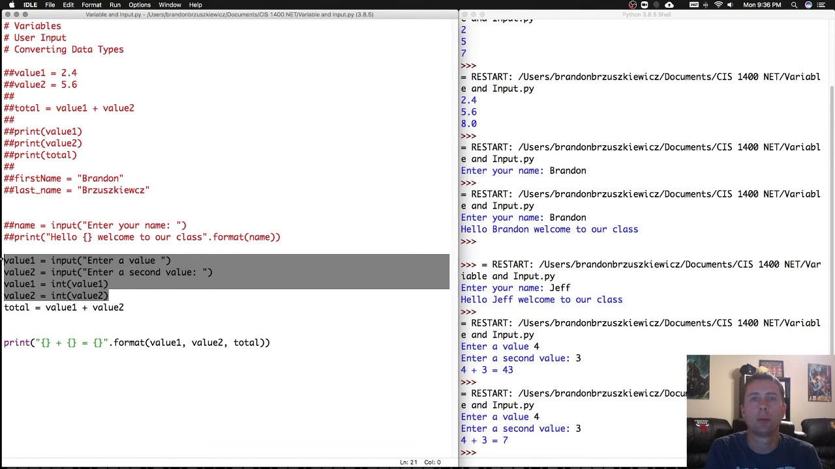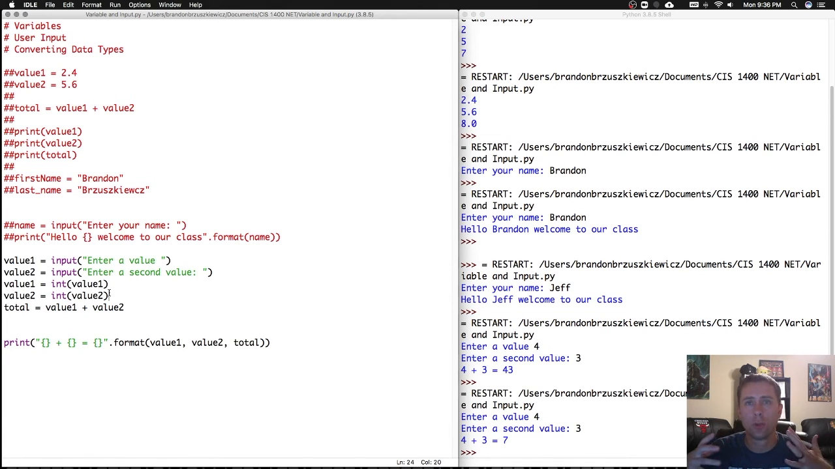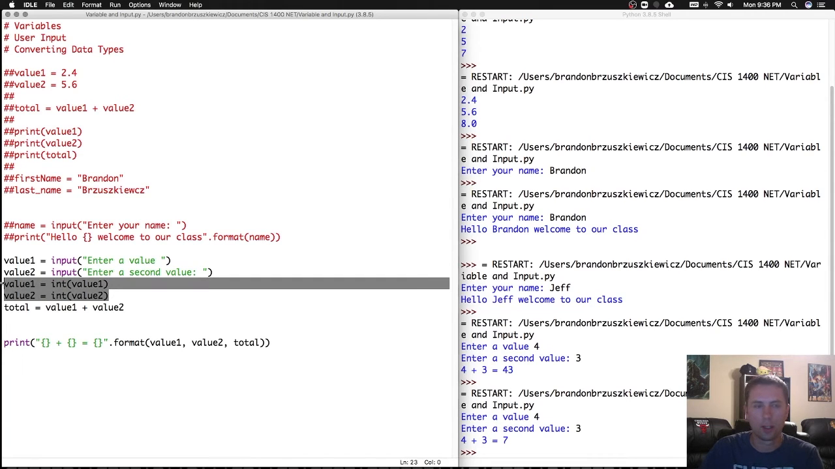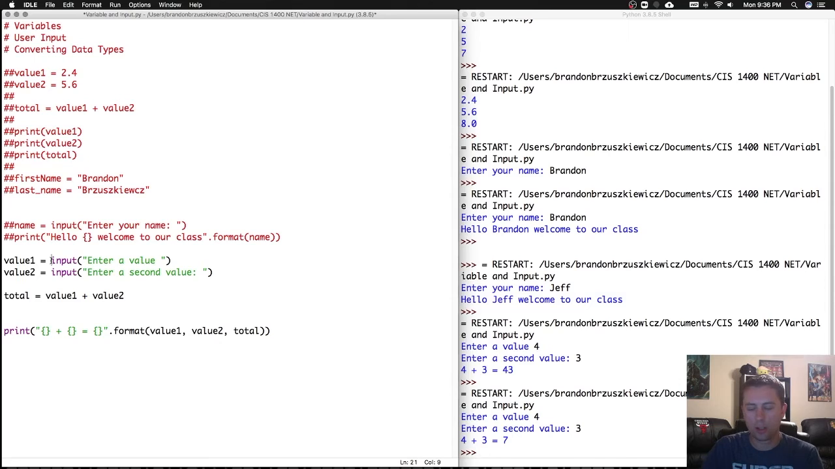It looks like I could probably do this in a much shorter way. So what I can do is actually wrap functions within functions. As long as the argument for the function can be given by another function and return a type that's acceptable, that's okay to do. So what if I, instead of doing it this way, take this out, and I just do this, int of value 1, or input,